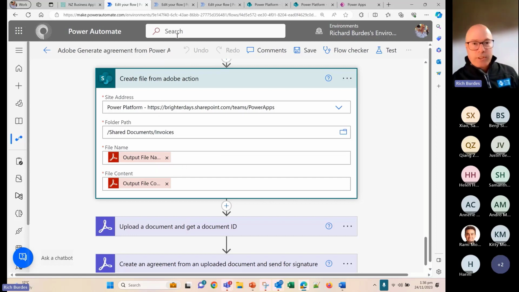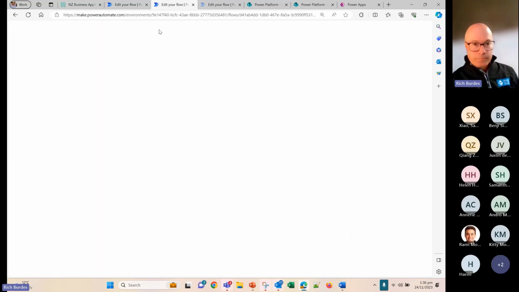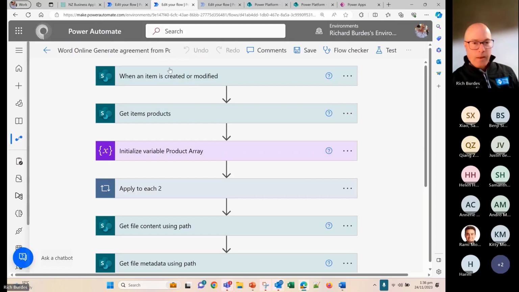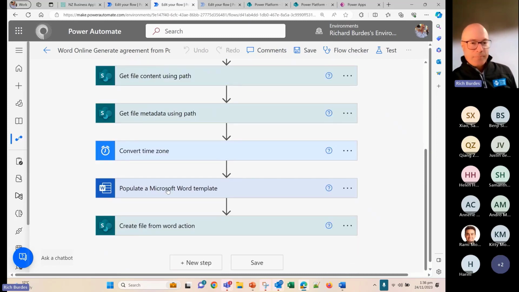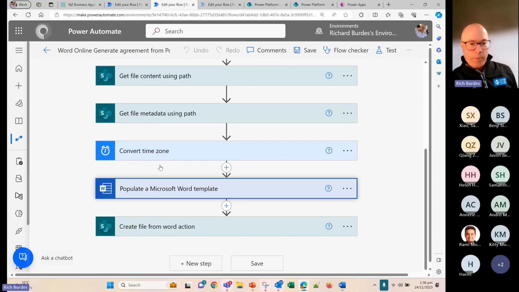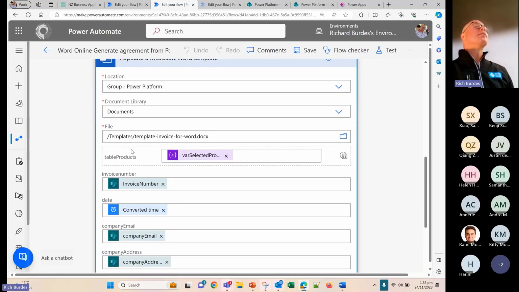To show you the difference with Word, same start, exactly the same start, right? It's even got apply to each two in there, which is awesome. But then we have populate Word. So the difference here now is I don't need to use JSON, right? So it finds all the controls I've got. What I have found with the Word